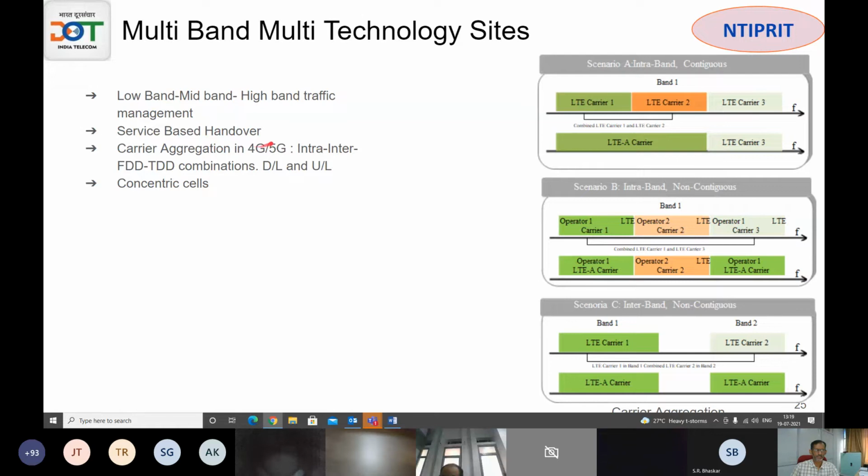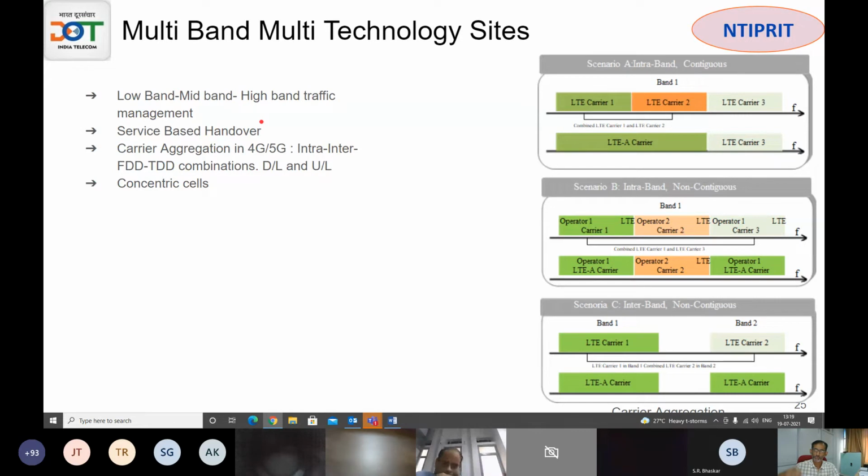That is why the concept of service-based handover. If somebody is asking for a voice, then okay, let me give it in the lower spectrum. If he is asking for a lower technology, suppose 2G and 3G both are working, or 2G and 4G both are working, and if a customer is asking for voice, and voice resources are freely available, then he will be given voice itself.